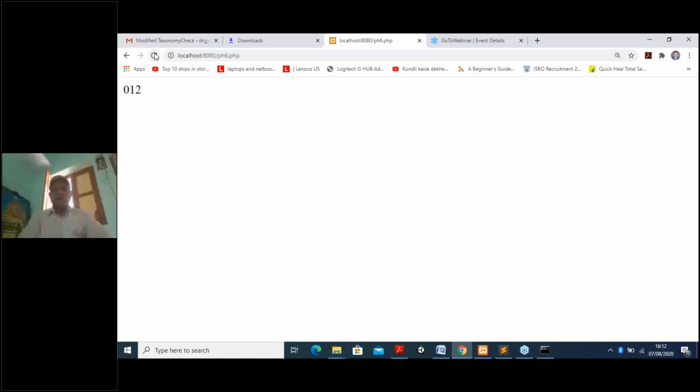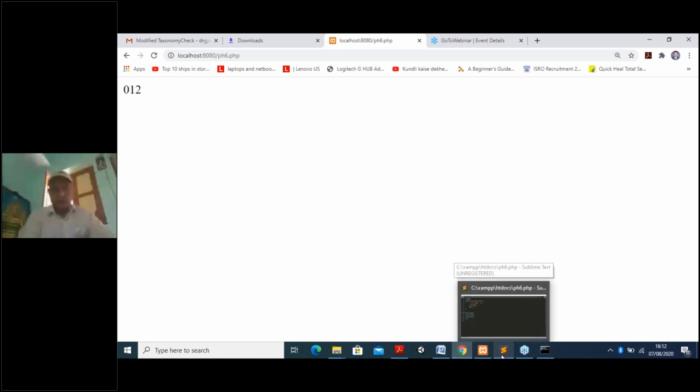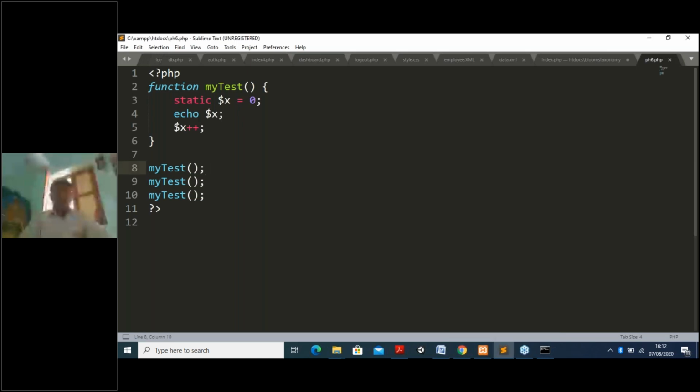So what I want to communicate with you here, whenever I am declaring a variable inside a function, come to this program here. So this is the program. I declared a function. For declaring a function, you have to write the word function and space, and the function name. And as it is 2 words, the starting letter of the second word must be a capital letter. You know all these things, the syntax template like this. Then it is the method, and the curly bracket starts and closes here.